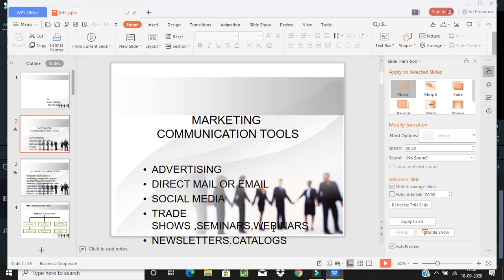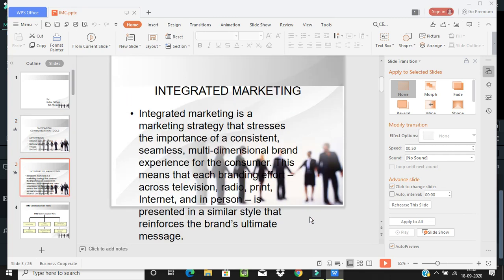Now trade shows are also there, seminars, and webinars. Trade shows, for example, are where a group of audience comes together for the opening of a big market or shopping mall where they show off their products. Seminars will be conducted by good specialists or celebrities, or webinars will be conducted online, for awareness of the product in the minds of the customers. Not only that, newsletters are also there, where you can attract the customer.